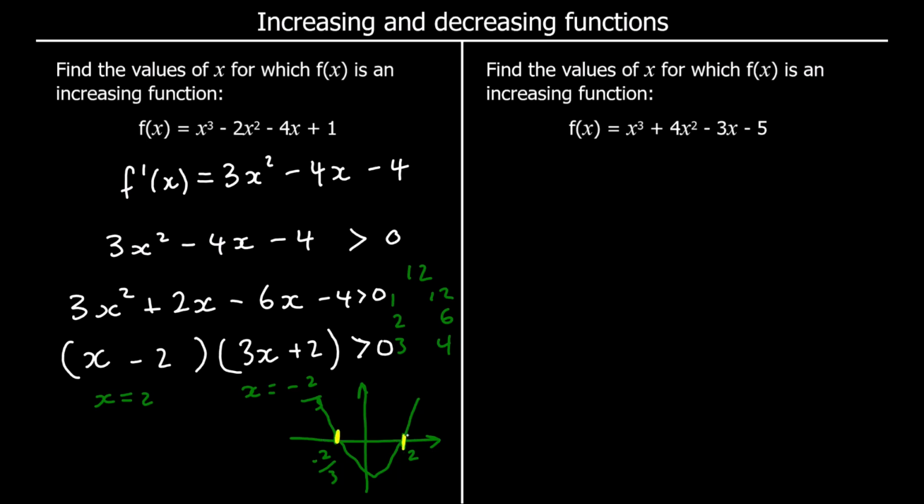That's here and here. Where is it bigger than 0? So it's bigger than 0 where it's above the x-axis. So it's when it's less than, so this side, when x is less than negative 2/3, and when x is bigger